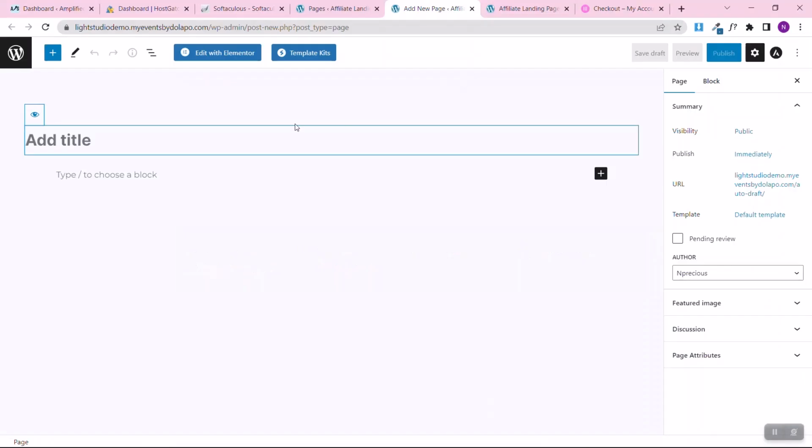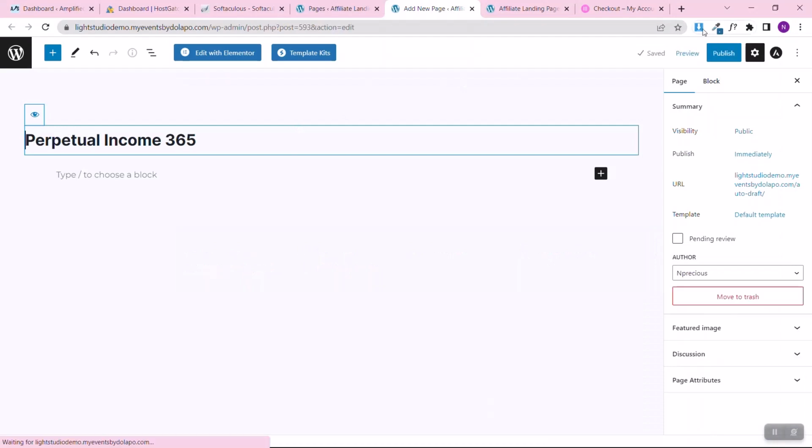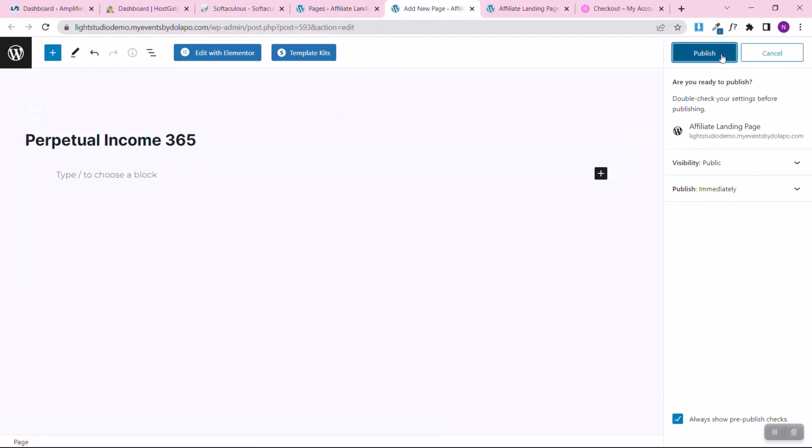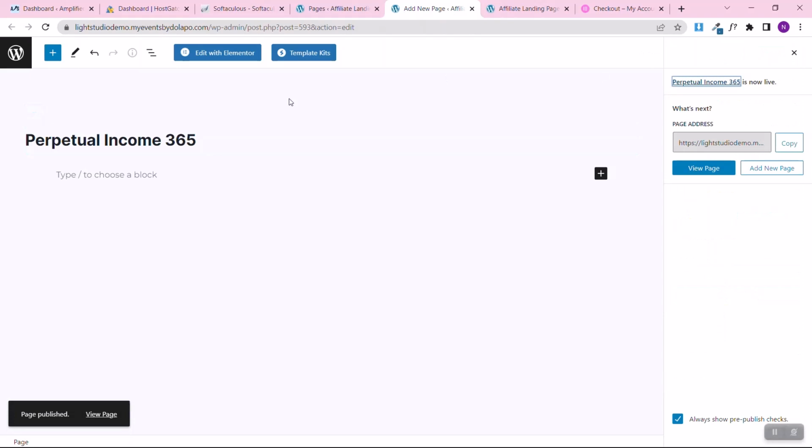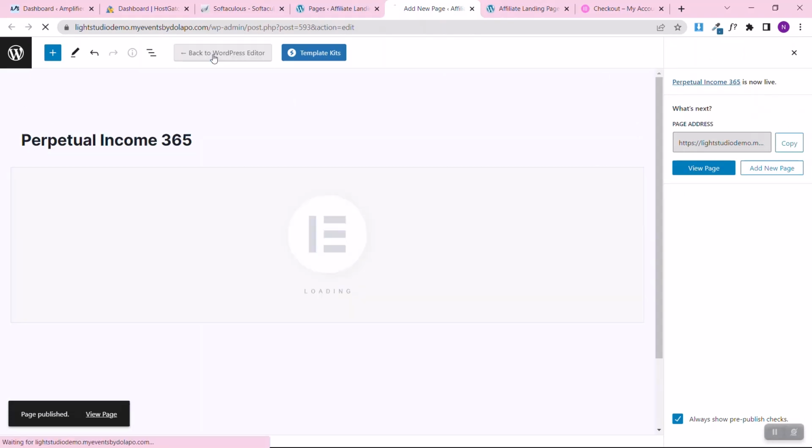Okay, so once we do this, all we need to do is go back to our landing page on WordPress. Now, once we come back here, we just paste the name here. And once you paste the name, just click on publish. So click on publish here. Once you do publish, you just need to click on edit with Elementor because we want to start